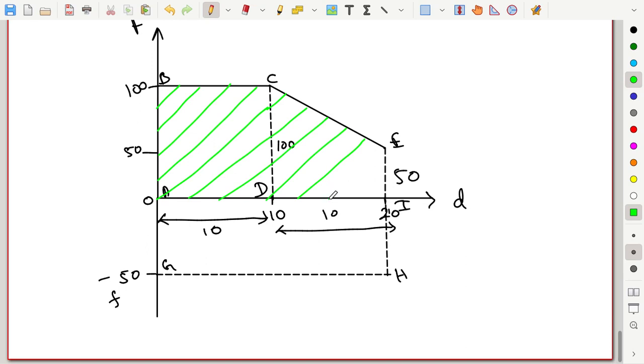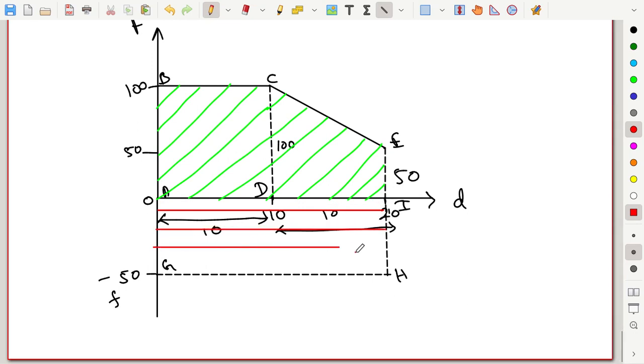And the work done by the frictional force is the underlying rectangle. So let me mark it with the red color. So this is the work done by the frictional force. So the total work done is